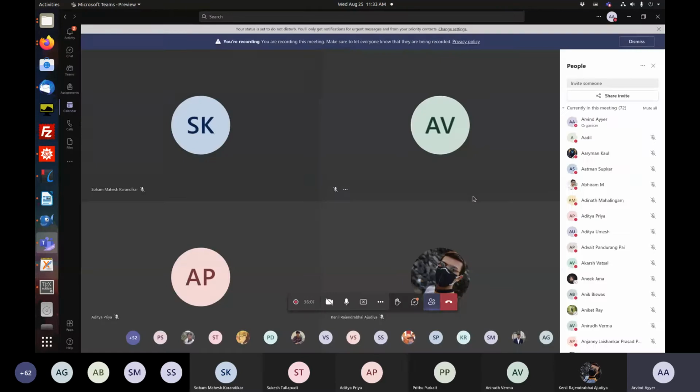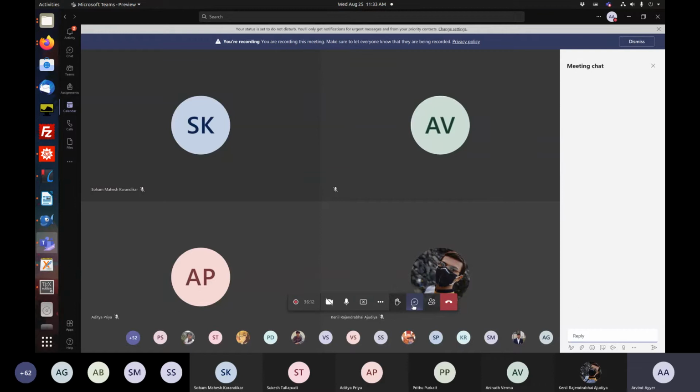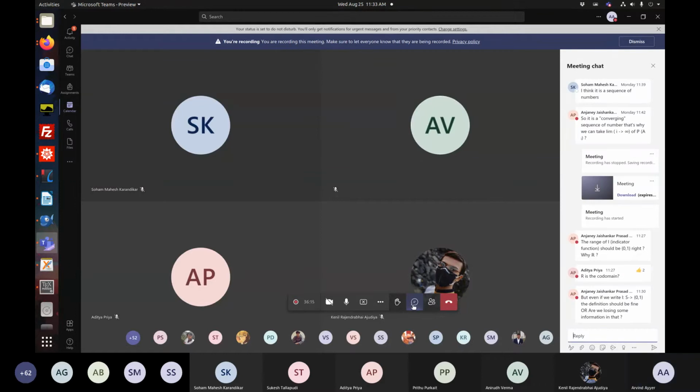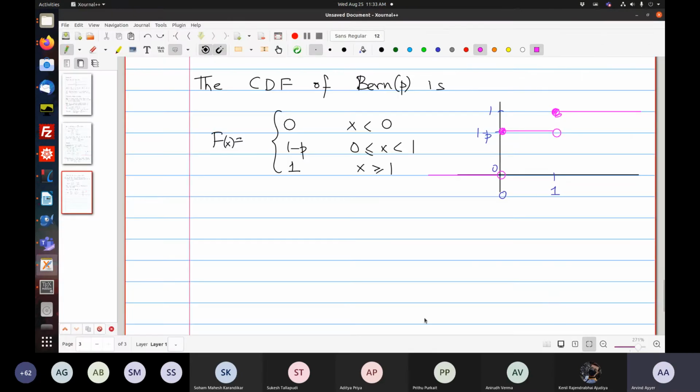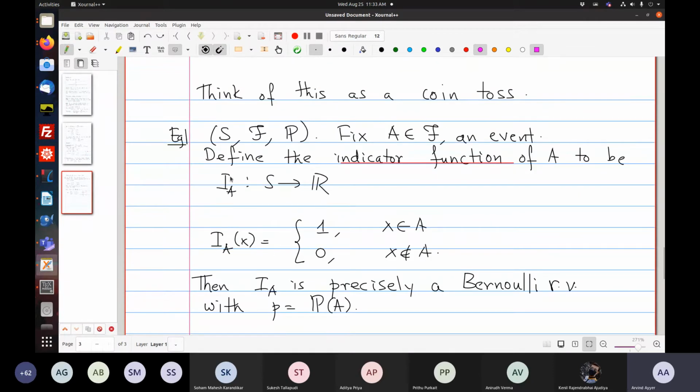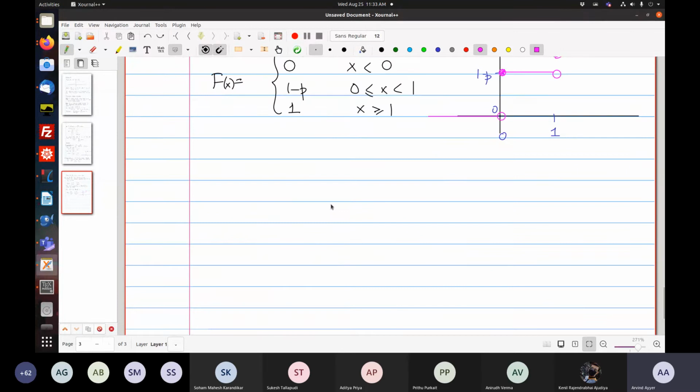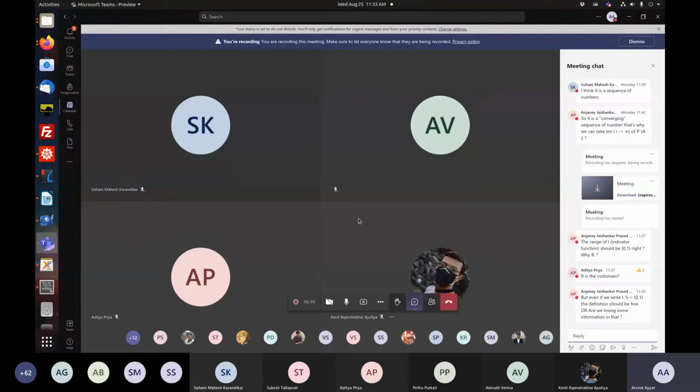Are there any questions about discrete random variables before I move on? I'm going to shift gears drastically. Okay, there's something in the chat. R is the codomain. Yes, we could have taken {0, 1}. Yes, for indicators, it's {0, 1}. But the point of writing it this way is just to remind you that this is a random variable. It has domain the sample space and codomain R. Anything else?